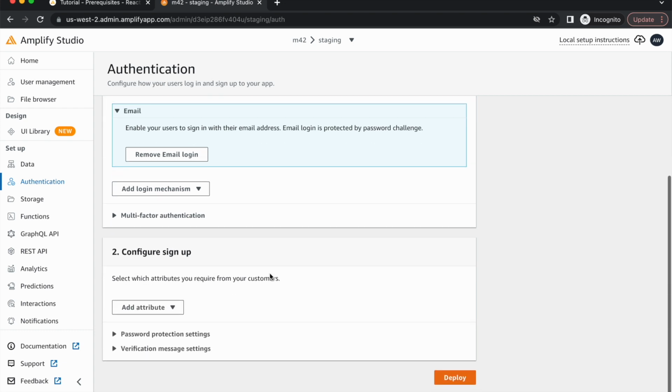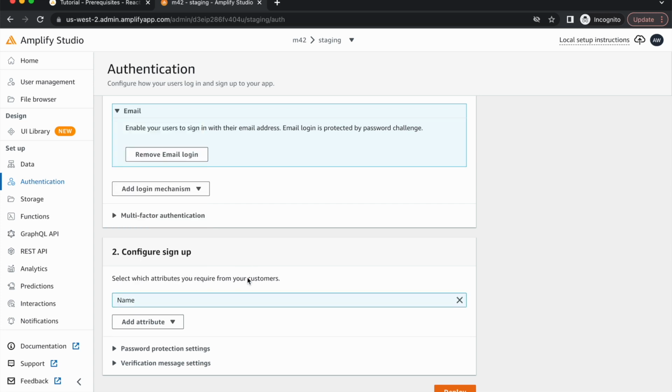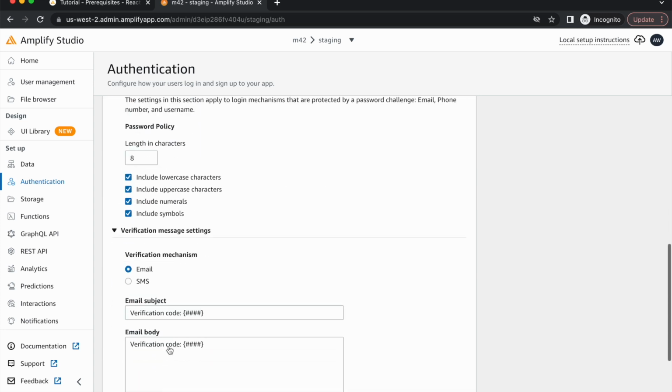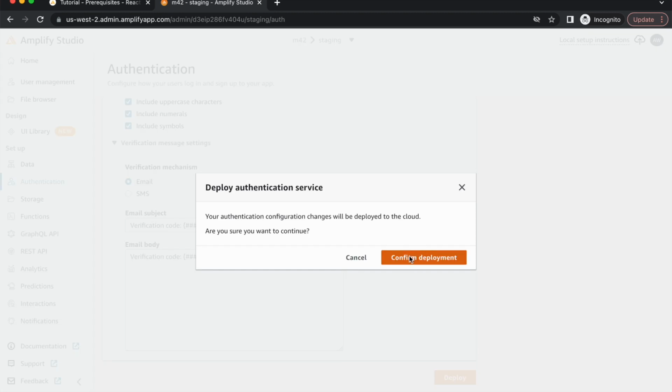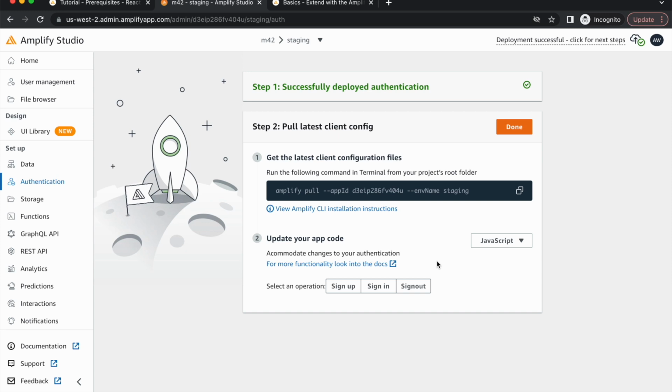We'll disable multi-factor authentication for now, and add name as a mandatory field for registration. By clicking Deploy, our authentication backend is successfully set up. Once it's successfully set up, you'll see the instructions to run this command in your React Native app. This command basically pulls the authentication configuration to React Native app so that our app can use this backend for